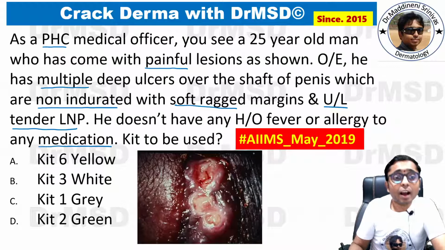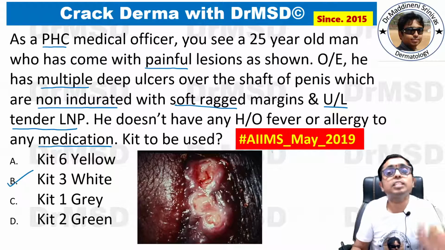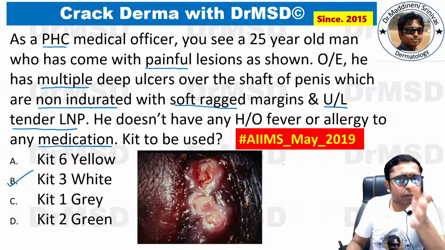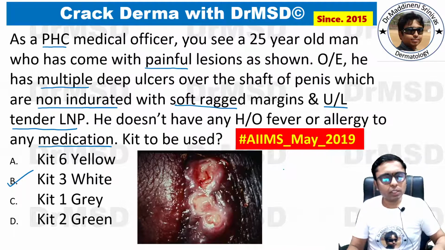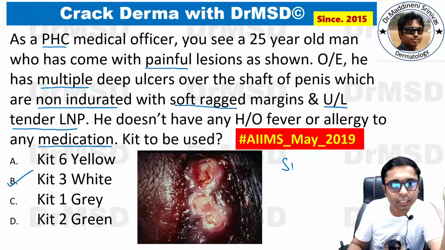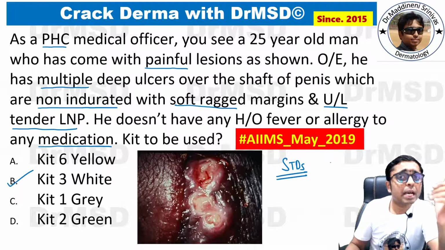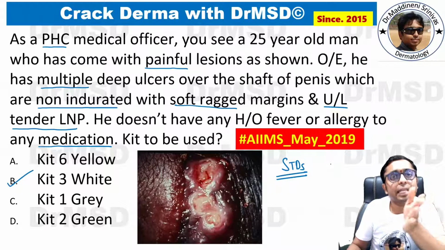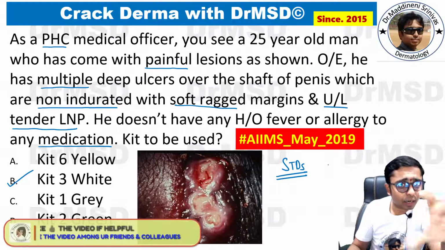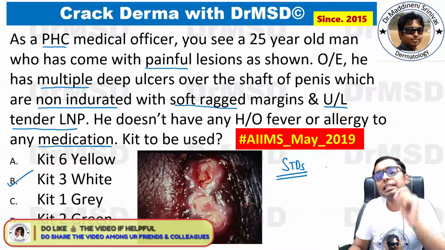And yes, if you have marked the answer as option B, that is kit 3, which is white kit, you are absolutely correct. So before that, you should come to a diagnosis about what is this condition. Okay, so STD, sexually transmitted diseases, are a very important topic for exam point of view. Not just AIIMS, even NEET and also FMGE. So I will try to just summarize the sexually transmitted disease in this short,